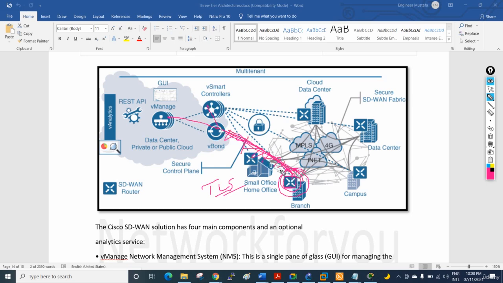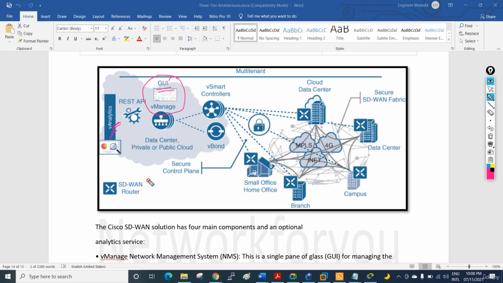So this connection will be disconnected and the device will have a direct connection with vManage, and vManage is going to give it all the configuration. Then it will connect to the vSmart. It is always connected to the vSmart. Whatever updates it has, it will send to vSmart. All the devices will send all updates to vSmart. This is the brain, and whenever any traffic needs to go, it will check and send the instruction: if you want to go here, you can use this path or that path. So we will have this kind of connectivity,